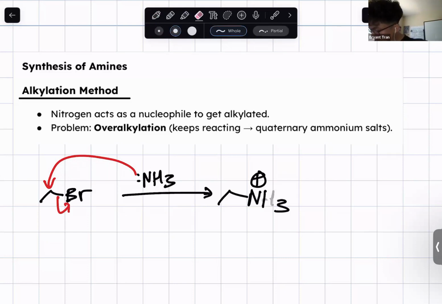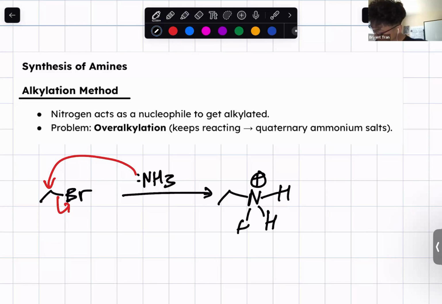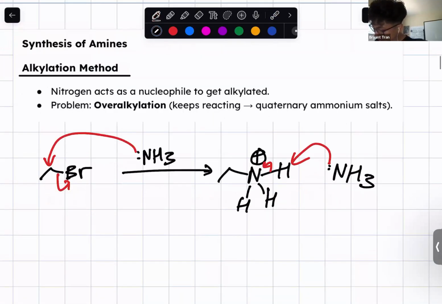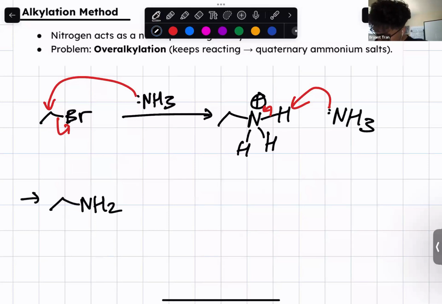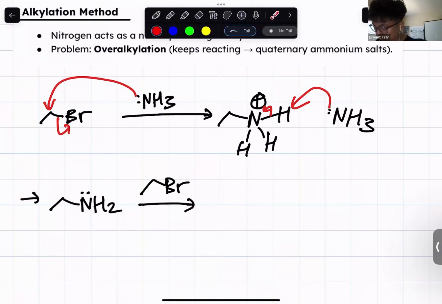Where this nitrogen here can be deprotonated because it has a proton for us to deprotonate and neutralize, right? Because it has a positive charge right now, and that's not favorable. So to neutralize it, we could use another NH3 base as a second equivalent to grab that hydrogen, and the bond between this hydrogen and nitrogen is going to go onto that nitrogen to give us this neutral amine right here. Now once we have this neutral amine, it can be the nucleophile for the next reaction when we bring in the second equivalent of this haloalkane. So we're going to do SN2 again one more time, where this nitrogen attacks that carbon, kicks out the bromine,